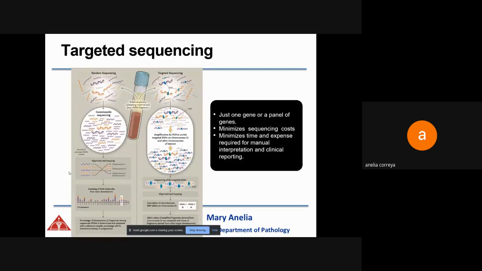So a variant of next generation sequencing is called targeted sequencing. So here we take a single gene or a panel of genes and we analyze it. Just a brief on how to differentiate it. Suppose in next generation sequencing we're analyzing A to Z. In targeted sequencing, we're just targeting A and B alone and analyzing it. So this will help to minimize the cost and also minimize the time.